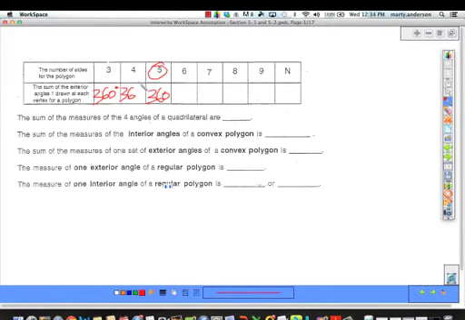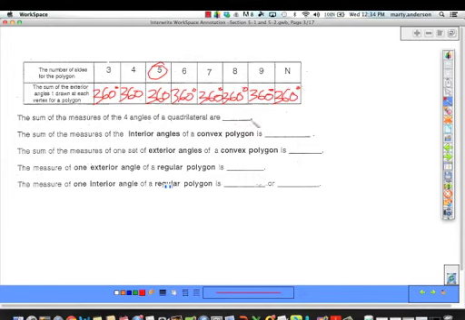We should be able to make a conjecture that the sum of all the exterior angles, one drawn at each vertex, will always be 360 degrees. And if you think about a circle, going around a circle, it's 360. So all the way around, all of the exterior angles will always be 360 degrees, even if we're talking about n